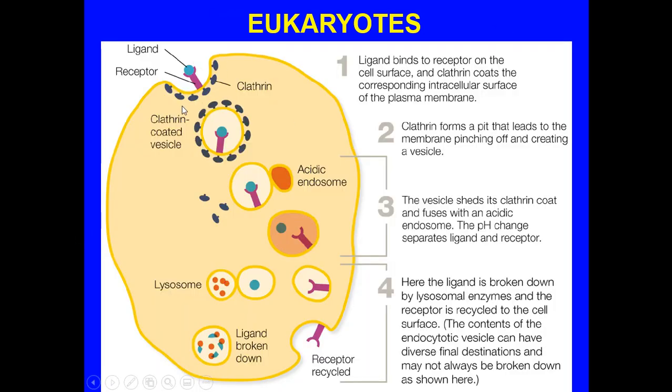Here you have this process. Here's the clathrin, here's the receptor, the ligand. You have enough of them, you form this clathrin-coated vesicle. The clathrin eventually will break away, okay? It will be shed off, and either an acidic endosome fuses with it. You release your ligand, the receptor's still good, the membrane material and the receptor attach back to the plasma membrane to be reused again. Or you have a lysosome that will attach and break down this ligand. Now, by the way, this can happen all together in several steps, okay?